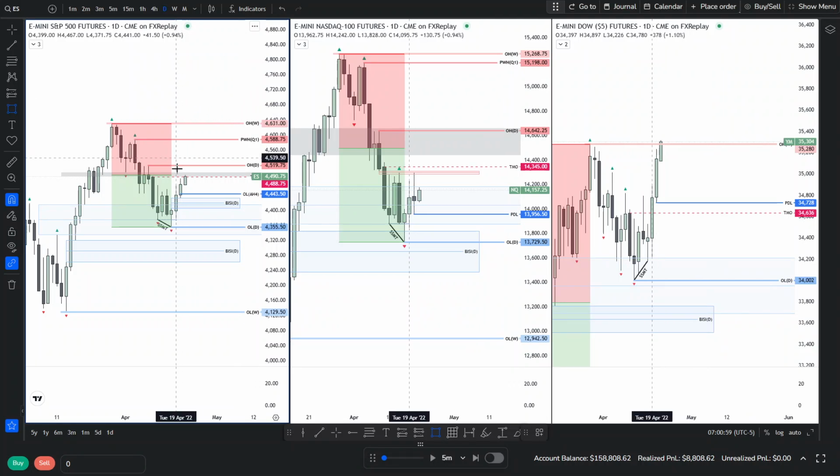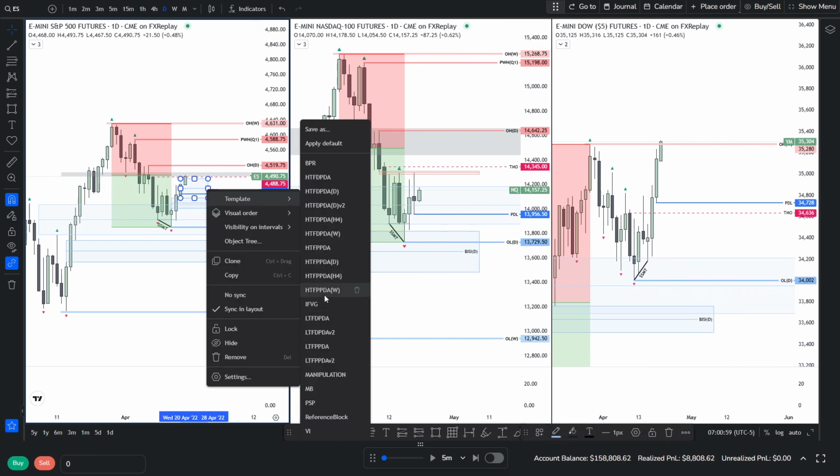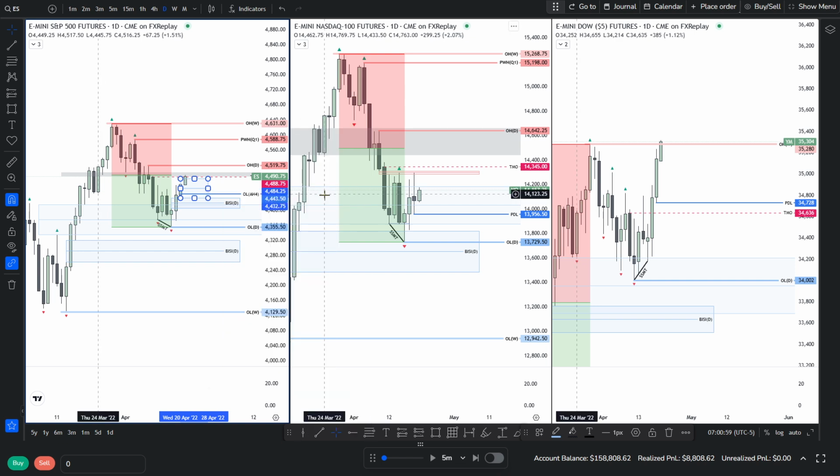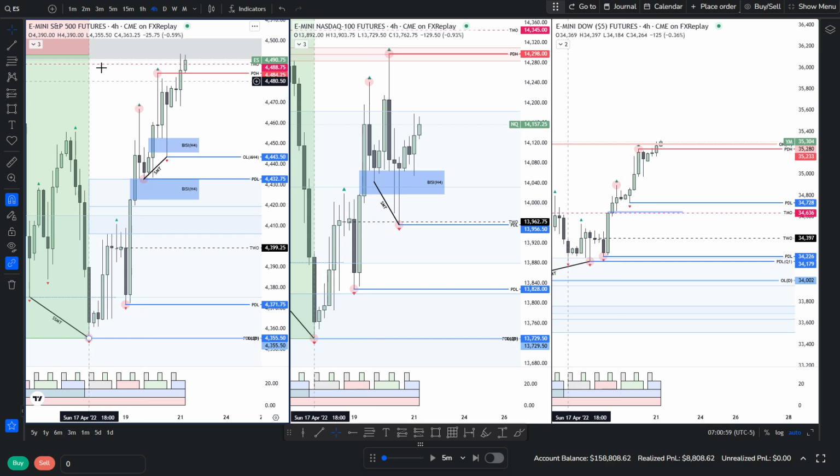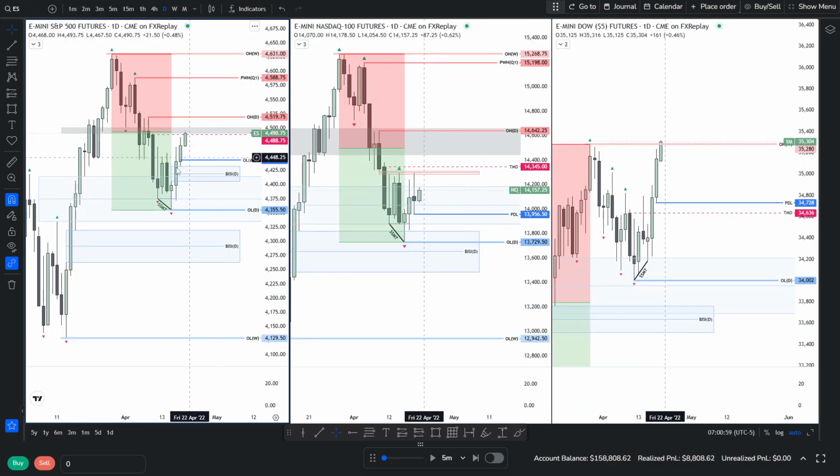So I want to see the CB there. Sorry, the BISI. So why is that important? Because that's indicating that this could well be a breakaway gap. I have noted the daily gap, which could likely be a breakaway gap,